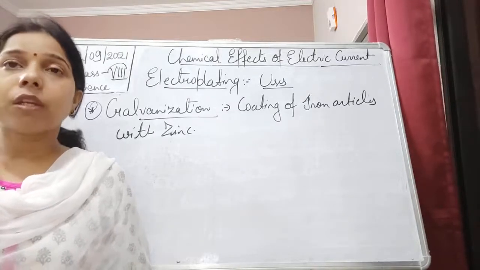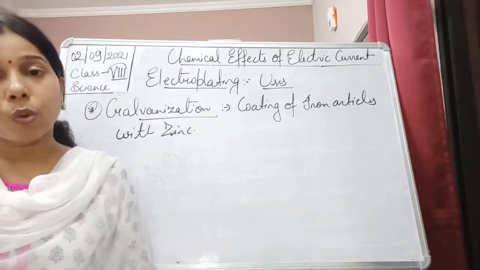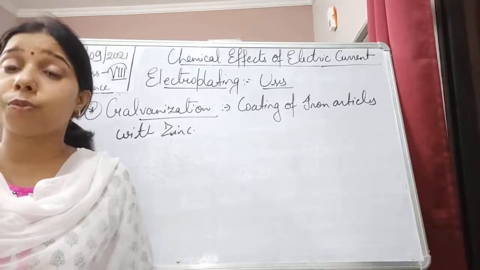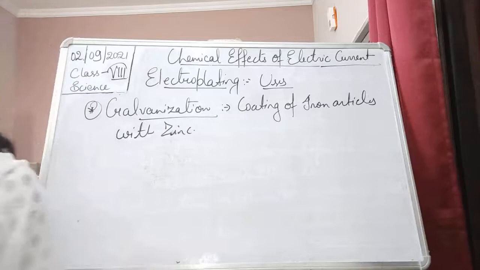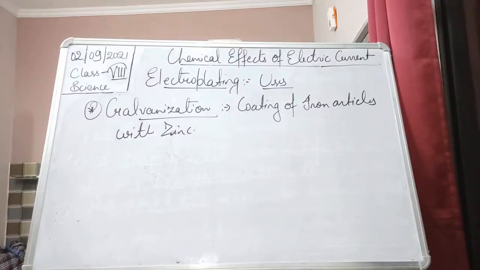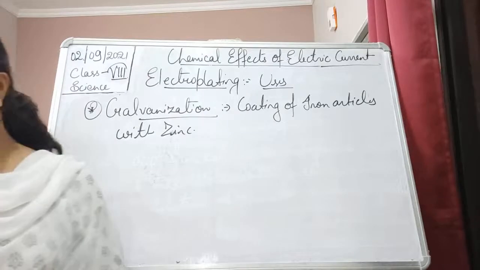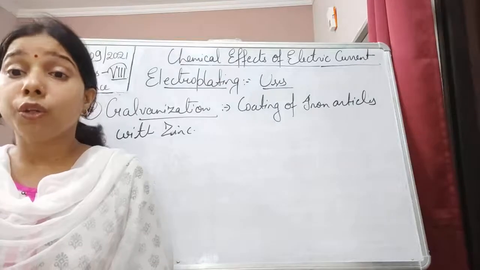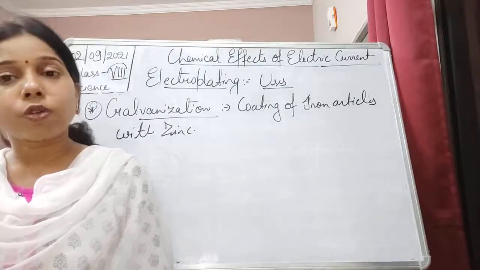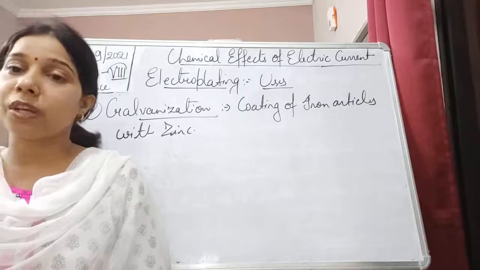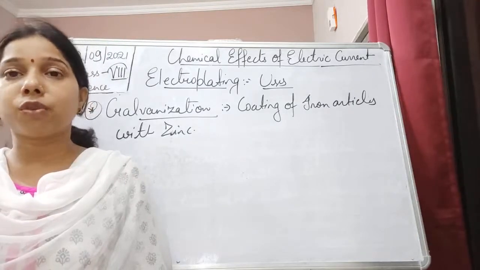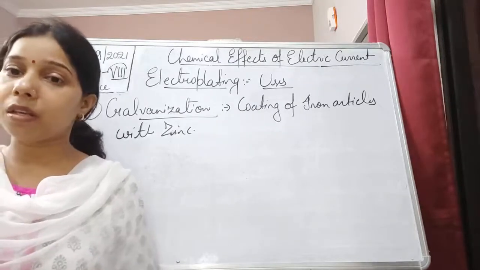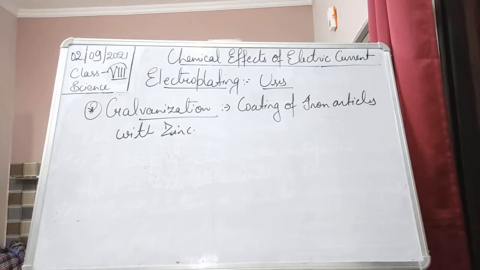So the jewellers cover it with a gold or silver layer by the process of electroplating, in order to provide a very shiny appearance. Electroplating is also used in printed circuit boards in various electronic devices. So these are some of the uses of electroplating. So electroplating is generally what? It is a process in which a thin layer of metal is coated over another metal surface. That is electroplating.